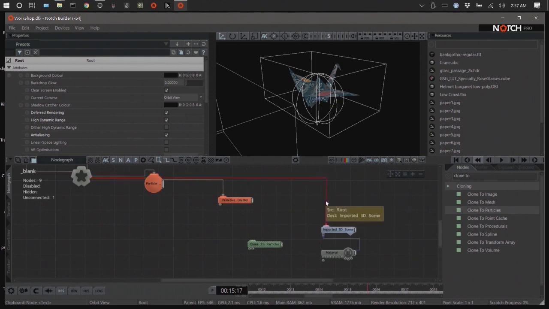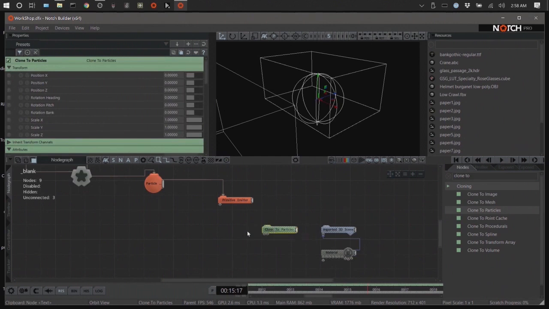When you hover over, it turns red, and you click and it deletes the connection. コントロールシフトを押したまま、カーソルを先ほどのインポートした線の上に持っていくと赤くなるので、クリックしてもらうと消えます。So we'll connect the root to the cloned particles. で、ルートから今度はクローントゥーパーティクルにつなげてください。